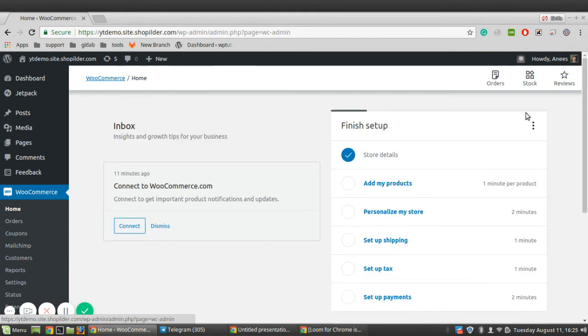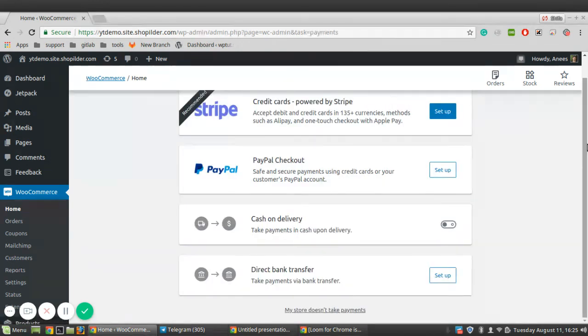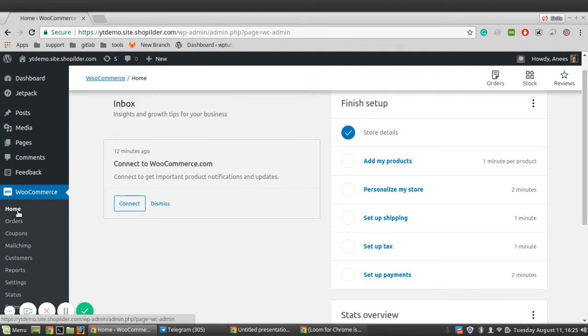Now we can go through all the options available in the WooCommerce home. So the next option is for setting up the payments. This is for setting up a payment option for your store. Options may vary according to your location and options which you choose in the previous steps. So here we can see by default, WooCommerce provides you PayPal and Stripe. If you need other options, there are also more options available in the WooCommerce settings panel. We can keep in mind that whatever changes we are doing in these steps, it is not permanent. You can change it at any point of time by coming back to this WooCommerce home.